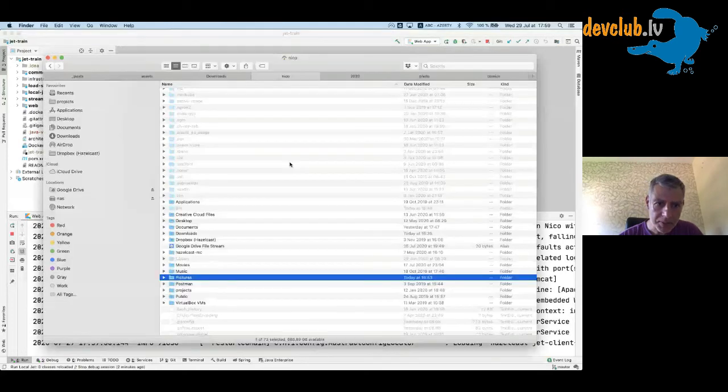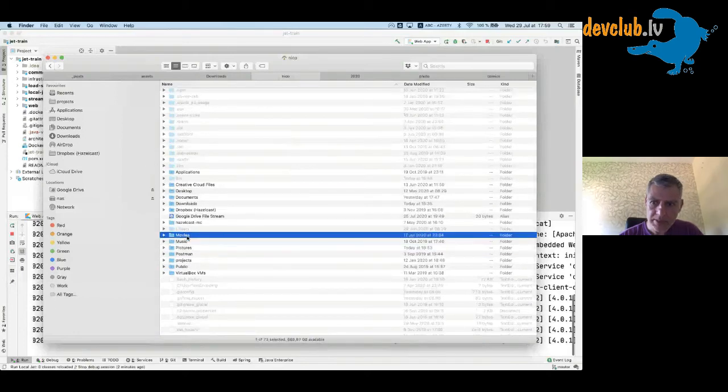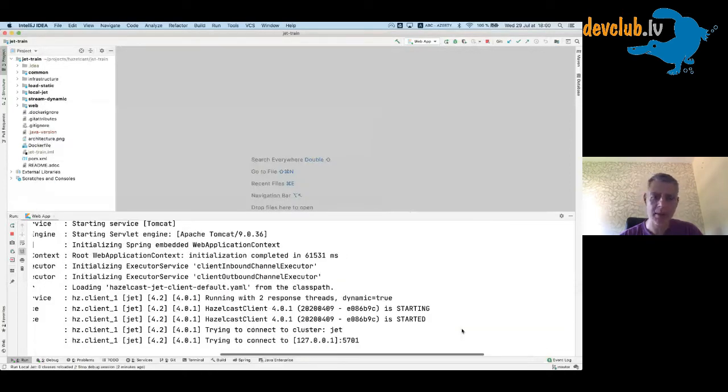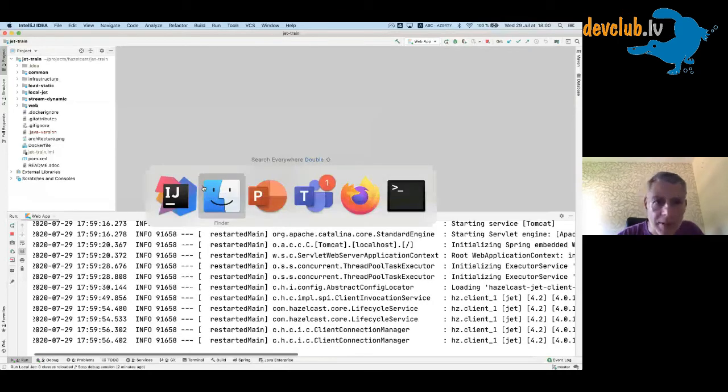So here you can see the application joining the cluster as a client, and it tries to connect, and I hope that it will respond. Meanwhile, I will just say, hey, here I have the jet trains. Where is my jet train?